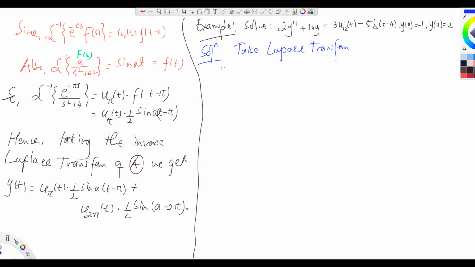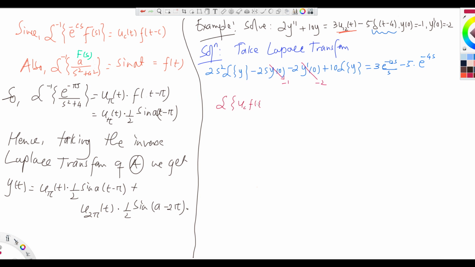We get s squared, there is 2, right? Laplace transform of y minus 2s y of 0 minus 2 y prime of 0 plus 10 Laplace transform of y equals to, now we need to find out the Laplace transform of u12. So how do I find out that? So what is the formula? Laplace transform of uc f of t minus c